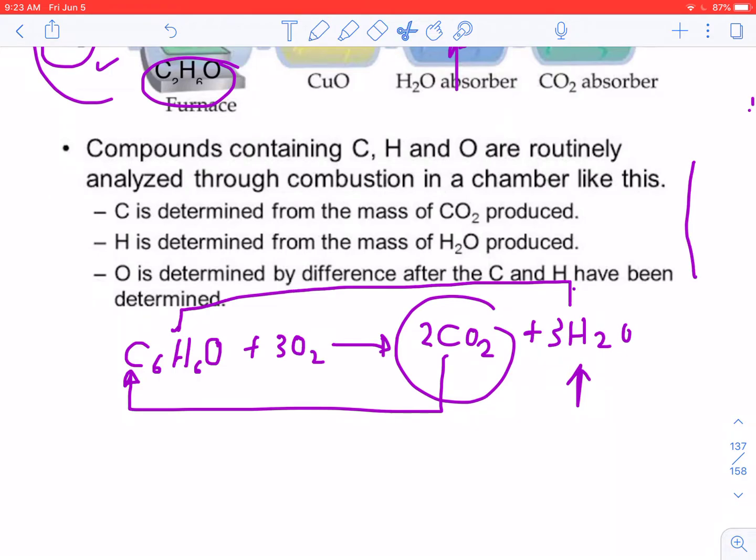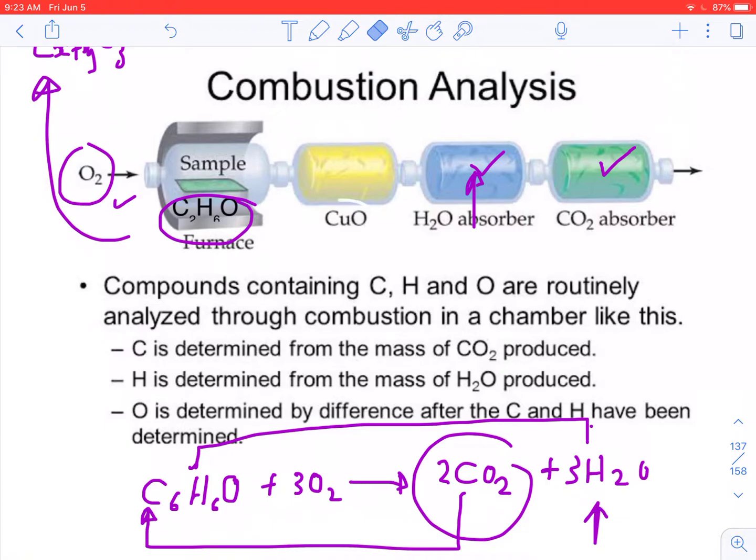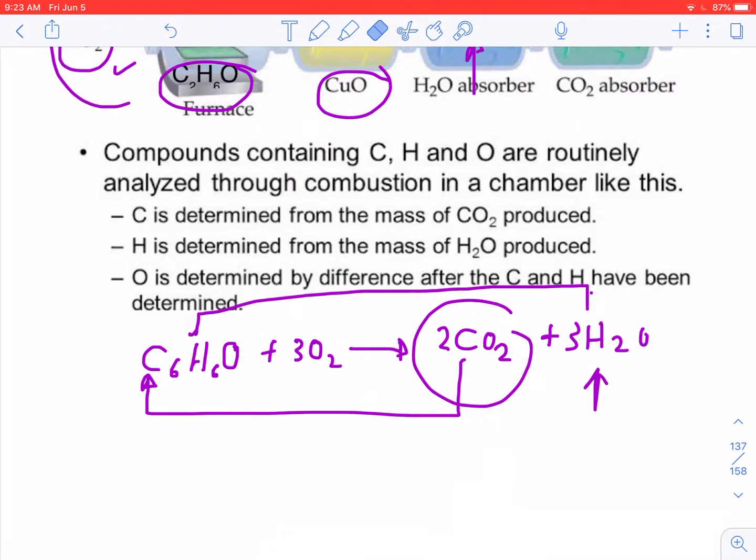You will notice here, which is not directly relevant, but I will indicate this, that here you see is also copper oxide, right? So you may say to yourself, but why have we got copper oxide here? Now copper oxide is actually an oxidizing agent. It's an oxidizing agent. So what happens is, say for instance, when the sample is burnt in a furnace,